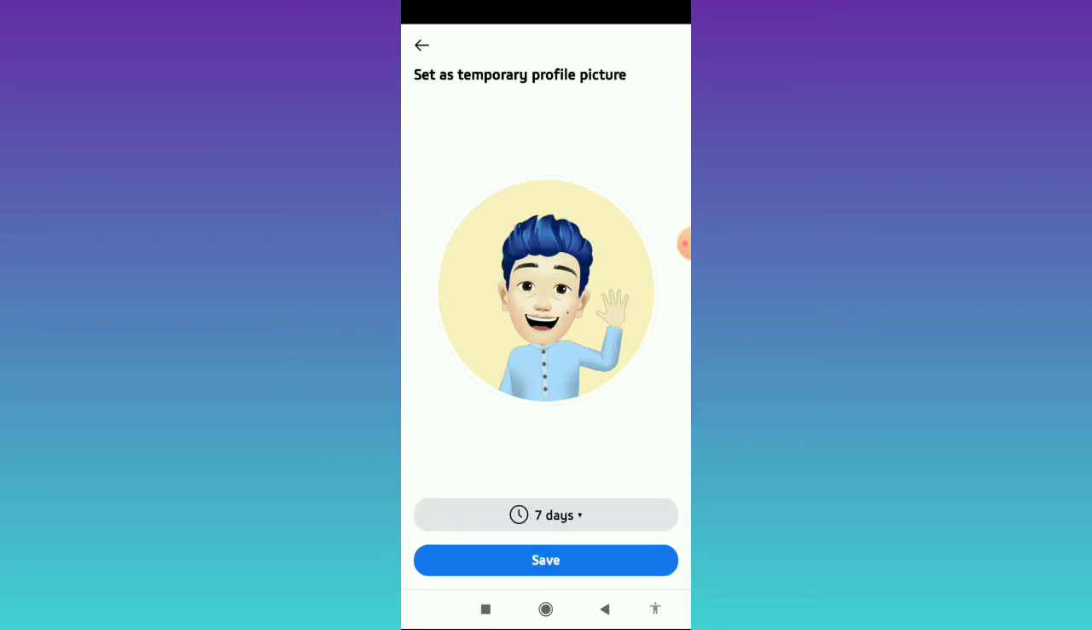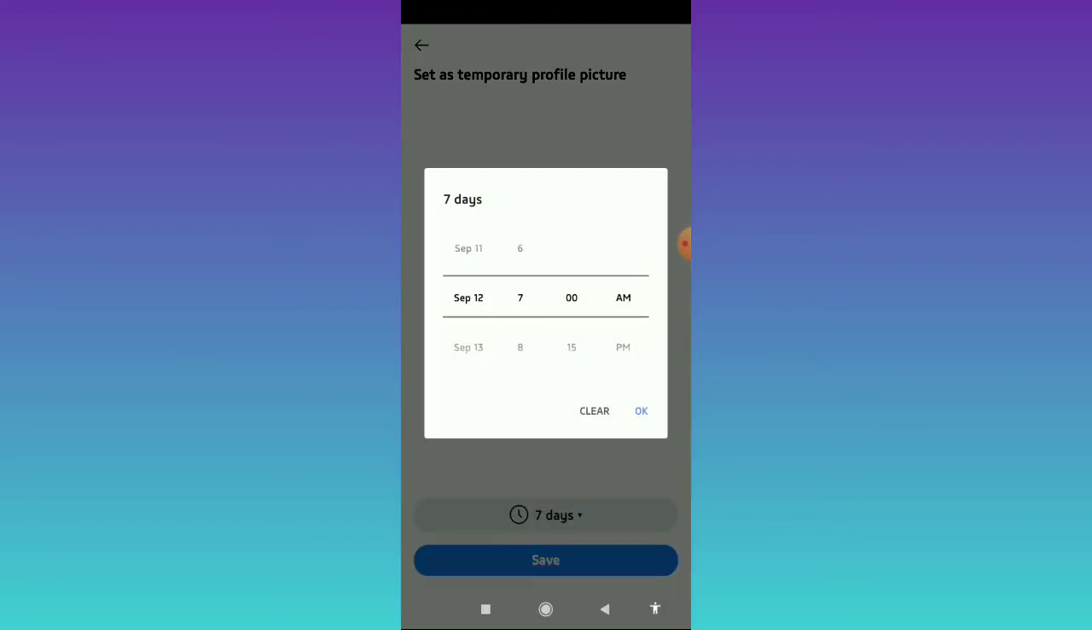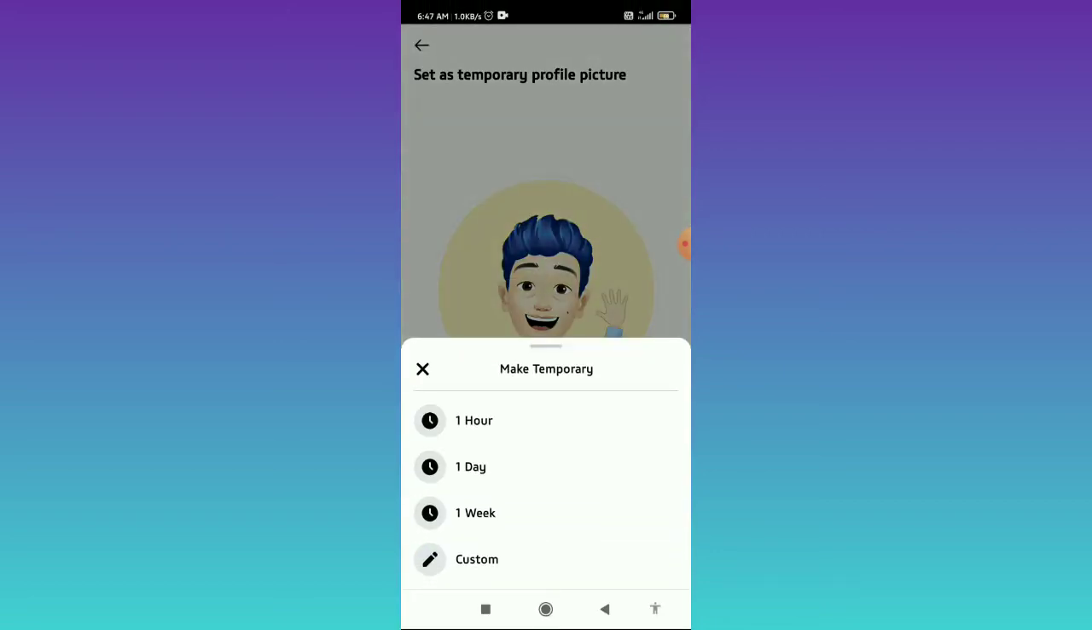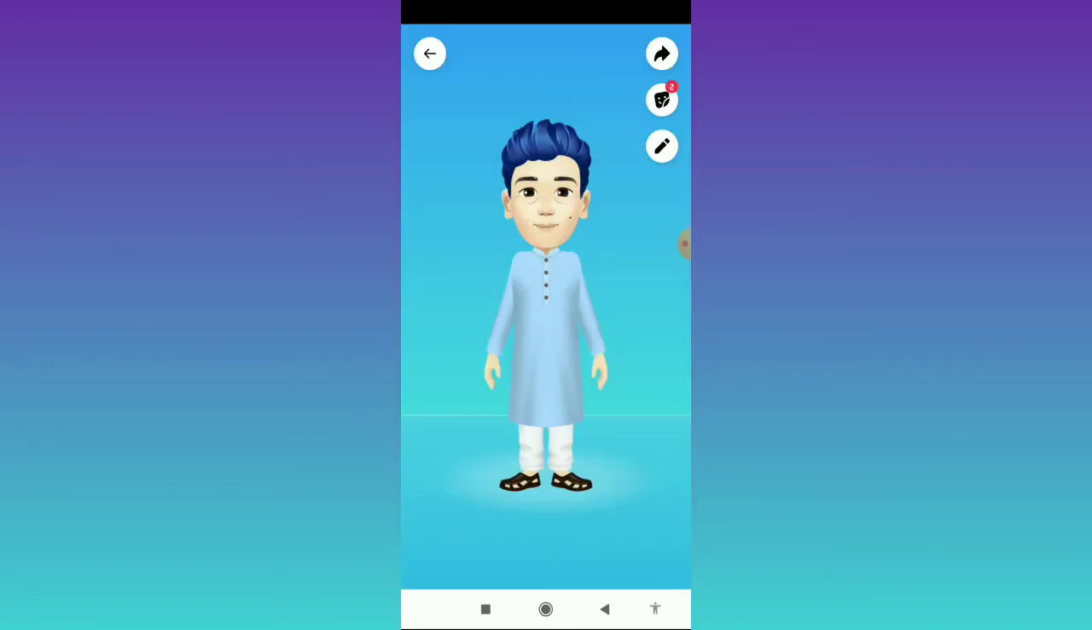can choose the timing, set as temporary profile picture. So you can click on the timing toggle button and you can choose 1 hour, 1 day, 1 week or custom. Here you can choose the day from which you want to set it as the temporary profile picture. You can choose 1 hour, 1 day or 1 week. Let's see, I choose 1 hour for my profile picture, and then tap on save at the very bottom. And now